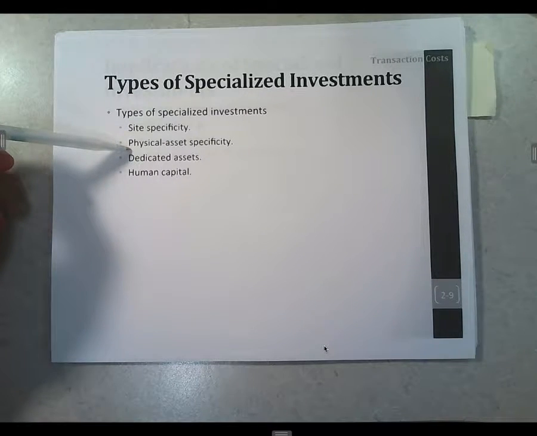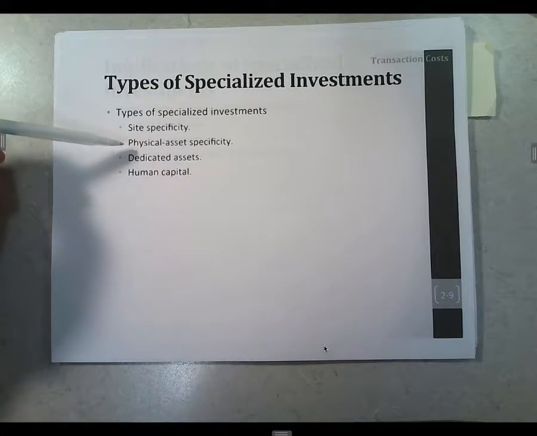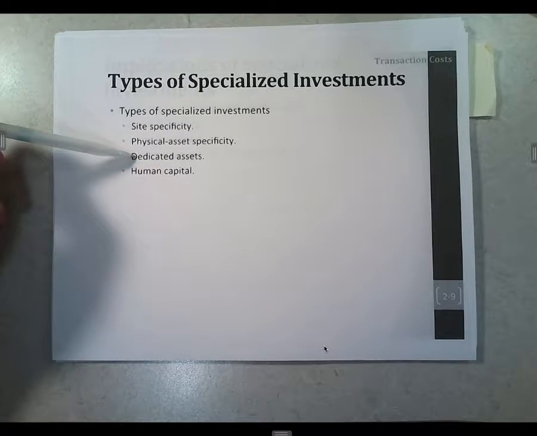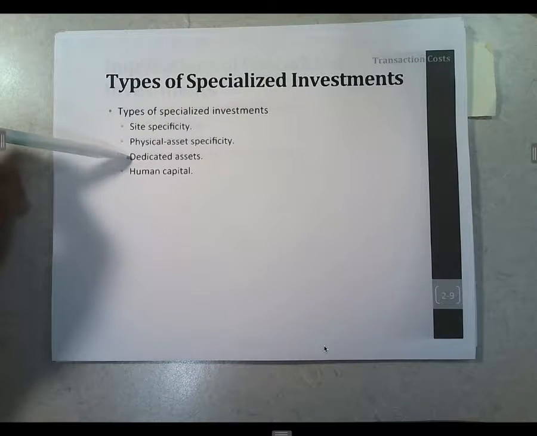I might have some physical asset specificity. Sorry to keep going on with this airline example. I think it just works here. There's two kinds of aircraft that are produced predominantly that we fly, Boeings and Airbus. Well, here we're saying if I have a contract for parts from Boeing, that's not going to do anything for my Airbus planes. Also, these specialized investments can involve dedicated assets, right? Maybe I set up a buying office near the Airbus, right in France, that's near that supplier.